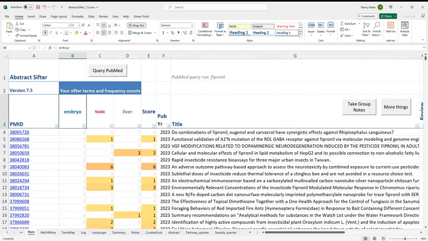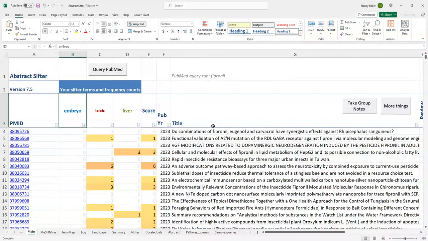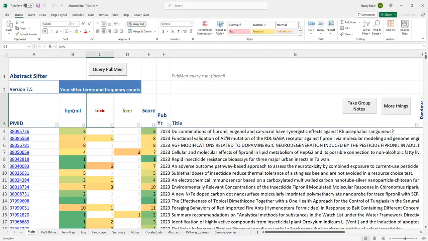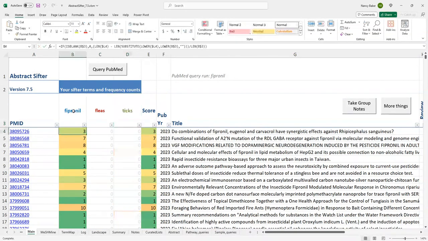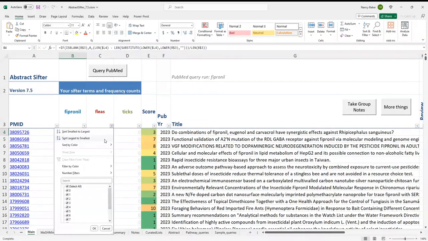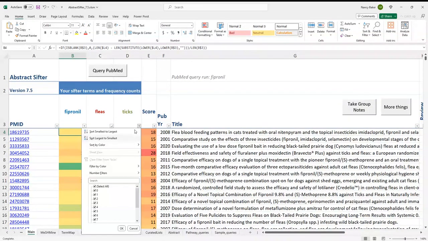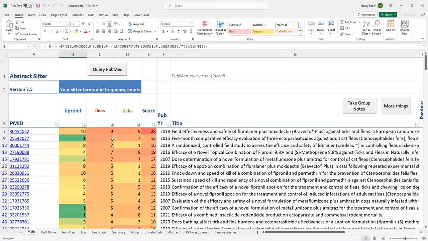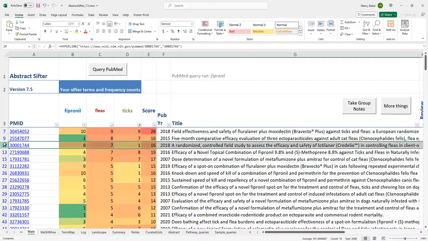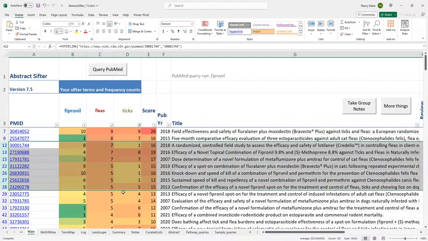Today we're going to talk about taking notes. Here I have on the main sheet my usual fipronil query, and let's say I want to find some articles about fleas and ticks. And maybe I'm writing a paper, maybe I'm doing some research, whatever it is. So I skim the titles here and I think, okay, these are some good articles to read more carefully,